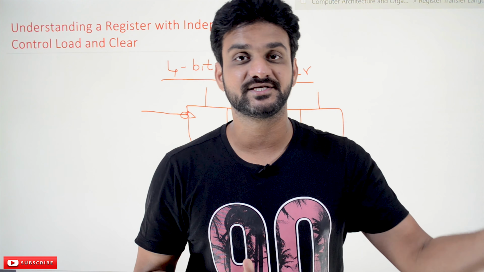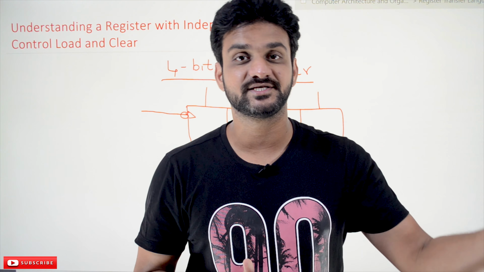This is what we call a clock cycle, and for every second it is going to generate 10 to the power of 6 of these clock cycles. And what is the time period of each cycle? It is 1 by frequency, which is 1 by 10 to the power of 6, which is 1 microsecond. For every microsecond a cycle will get generated. So from here to here it is going to take 1 microsecond.